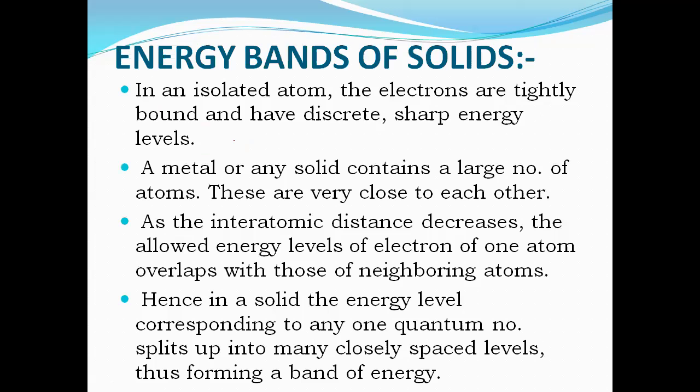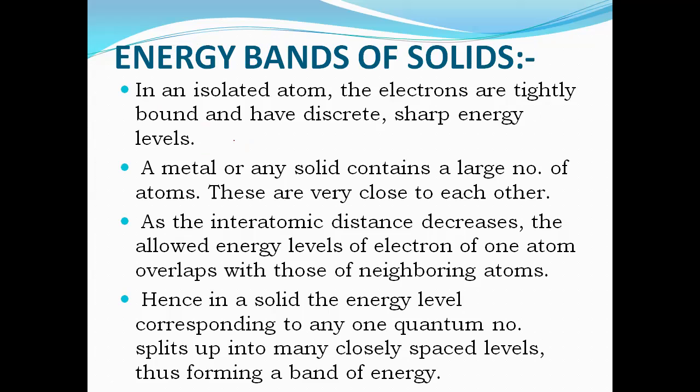Now, in the case of a single atom, the electrons are individually moving in their energy levels and are bound to the parent atom. When you take a metal or a solid containing a large number of atoms, they are very close to each other. So the interatomic distance decreases and they allow energy levels of electrons of one atom to overlap with those of neighboring atoms. Hence, in solids, the energy levels corresponding to any one quantum number split up into many closely spaced levels,